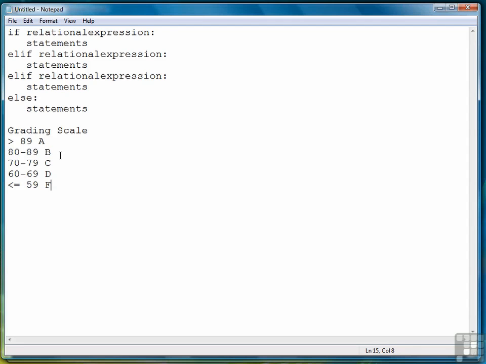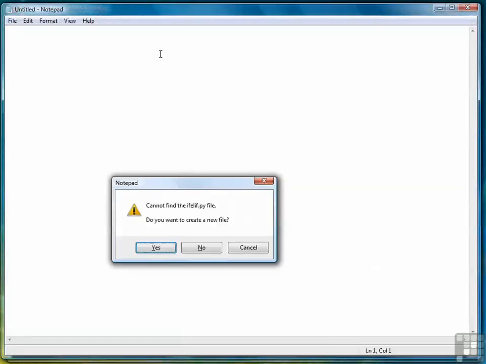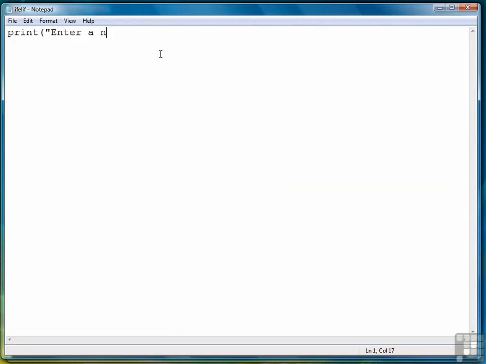In fact, let's look in Python at how to actually write that simple little program to demonstrate how the if-elif works. So let's move to Python. We'll call this if-elif.py. So the first thing we're going to do is say print, enter a numeric grade. And then we'll say grade is equal to int raw input. And then we'll say if grade is greater than or equal to 90, letter grade equals A, elif, and actually